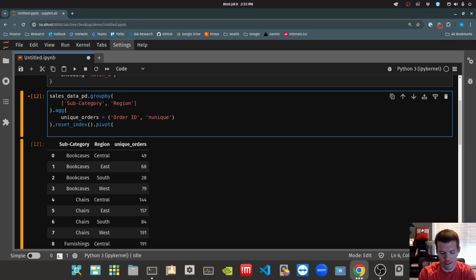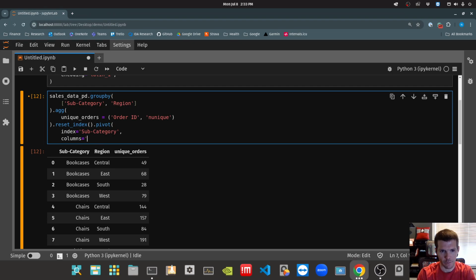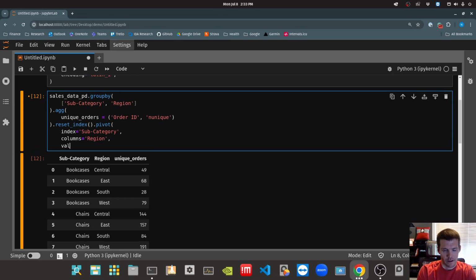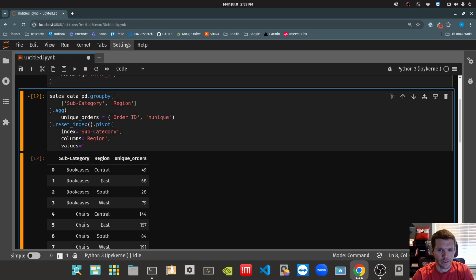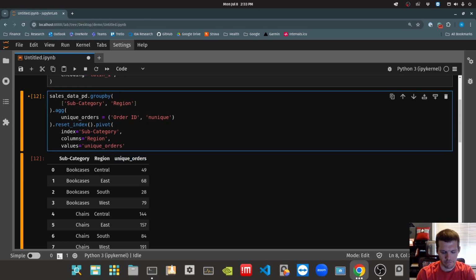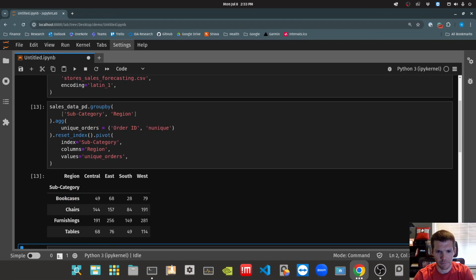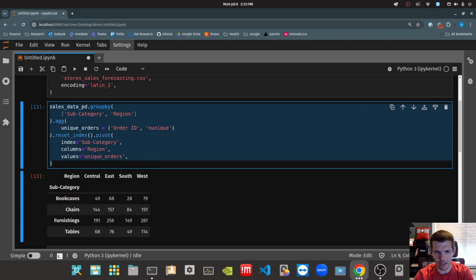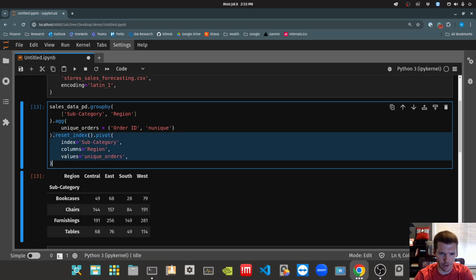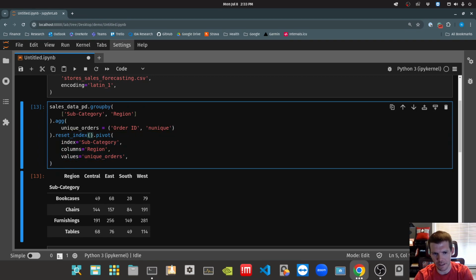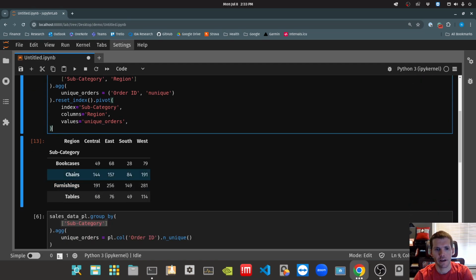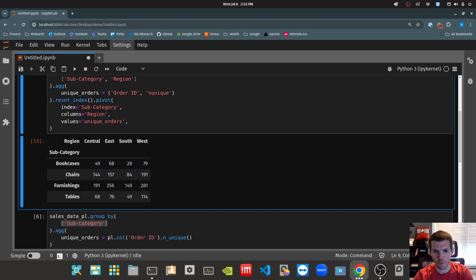So I can say, okay, we'll take this data and pivot it such that the index is the subcategory, the columns are based on whatever values are in this region column, and the values are based on whatever's in the unique orders column. And you notice that this looks kind of like Polars code because I'm just chaining everything together, because I know it's returning data frames and pivot is a data frame method, so I can just chain those together. So we get this two-way table